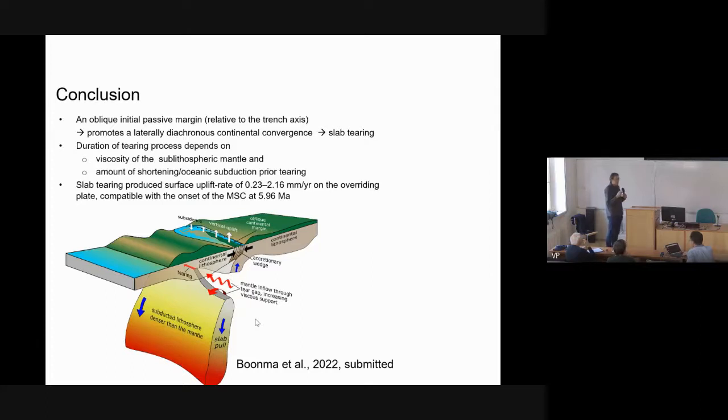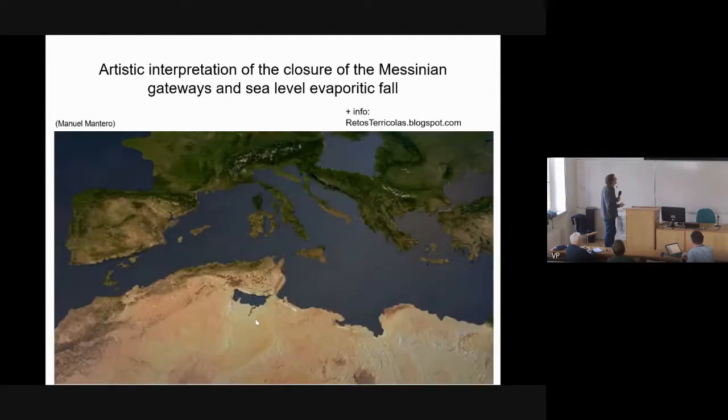Okay, so the idea is that the slab tearing might be responsible for the uplift of the basins, and at the same time you are downlifting the area of the Strait of Gibraltar, and that would allow the later overtopping of Atlantic waters, that you need to explain why the Mediterranean is refilled. Well,